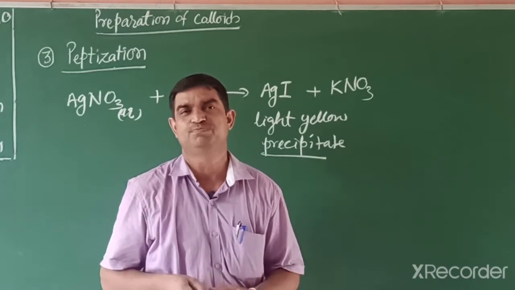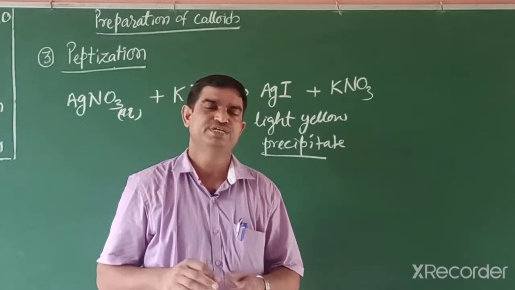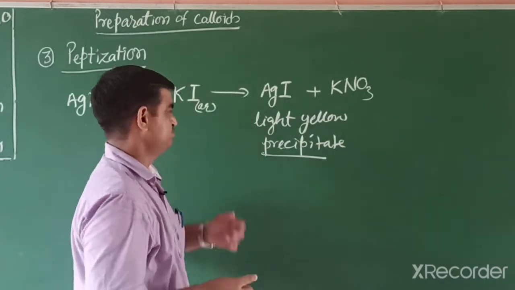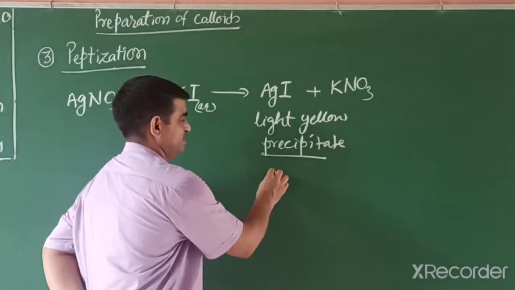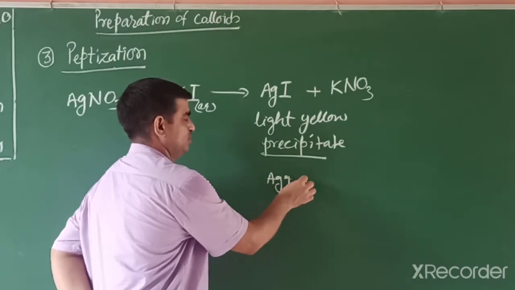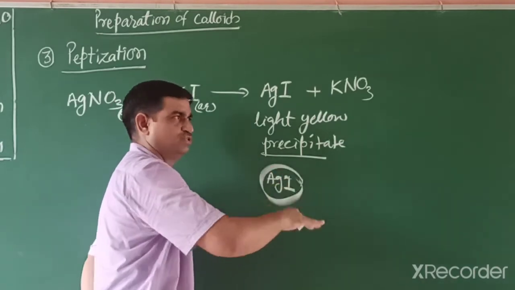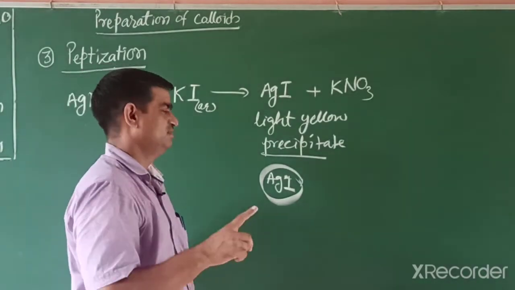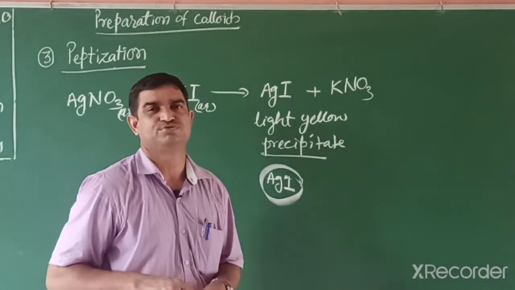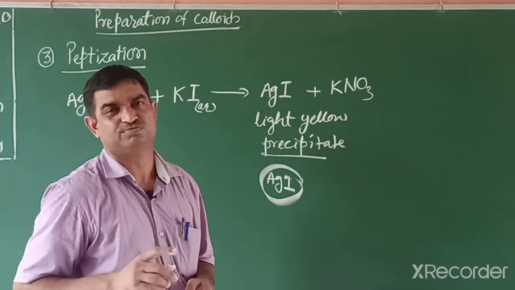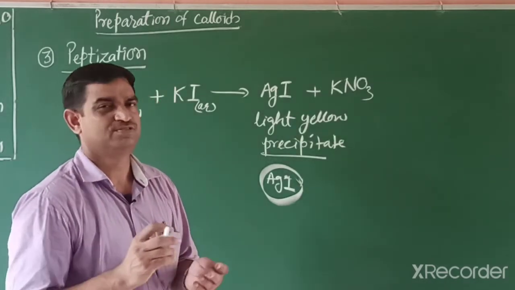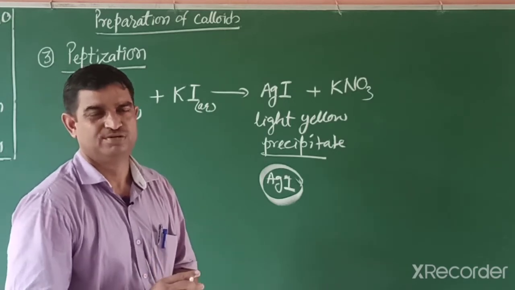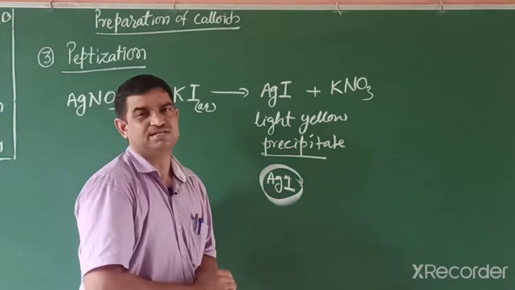so it settles down at the bottom. But we want to prepare a colloidal sol, so we add a small amount of electrolyte. This precipitate, silver iodide, has a larger particle size, so it settles down. When we add this electrolyte in this way, the colloid has either positive or negative charge. How can the charge occur? That depends on preferential adsorption. We explain it by an activity.